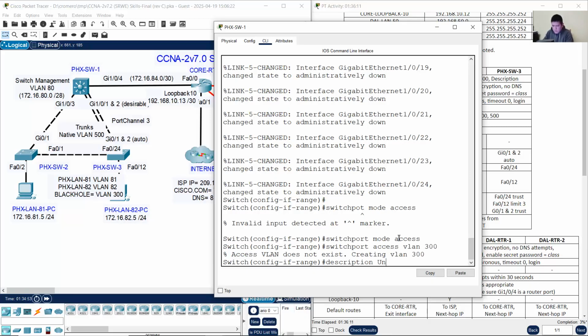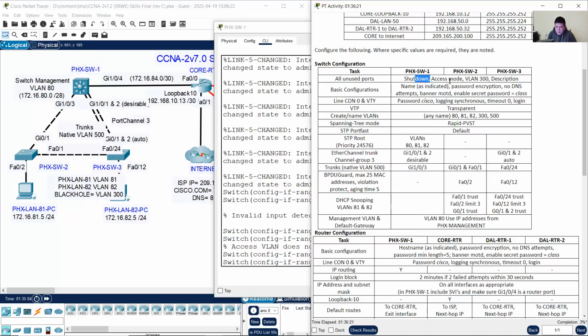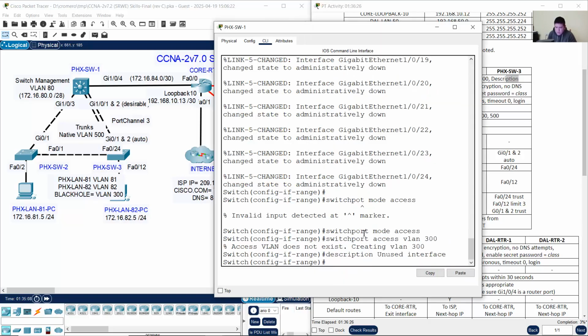Description and unused interface. Okay, shut down, access VLAN, description. Okay, exit, and don't forget